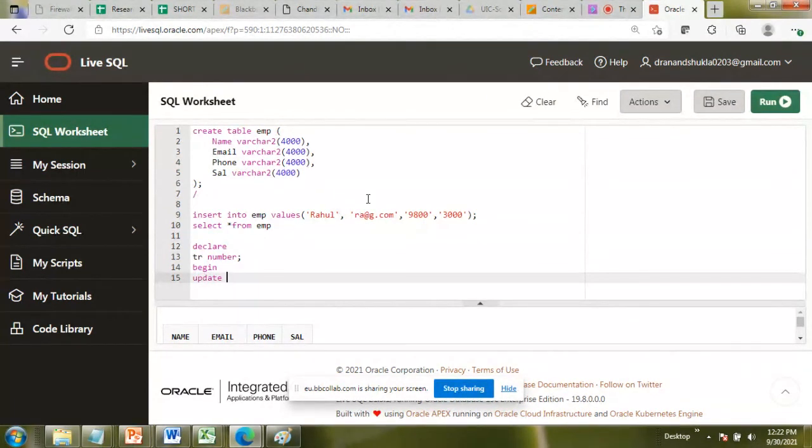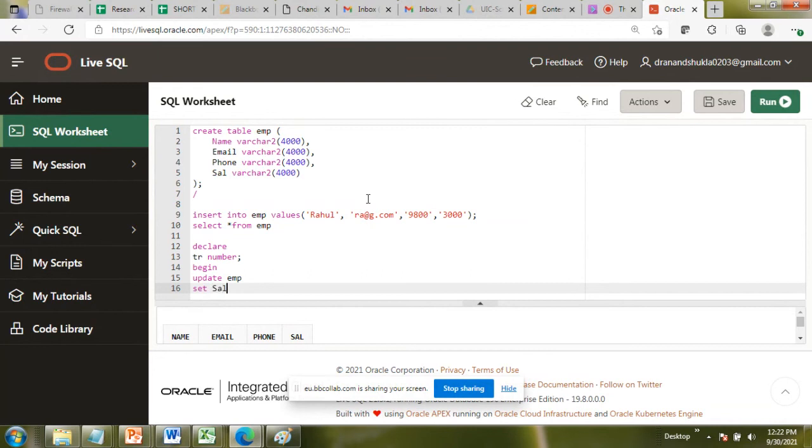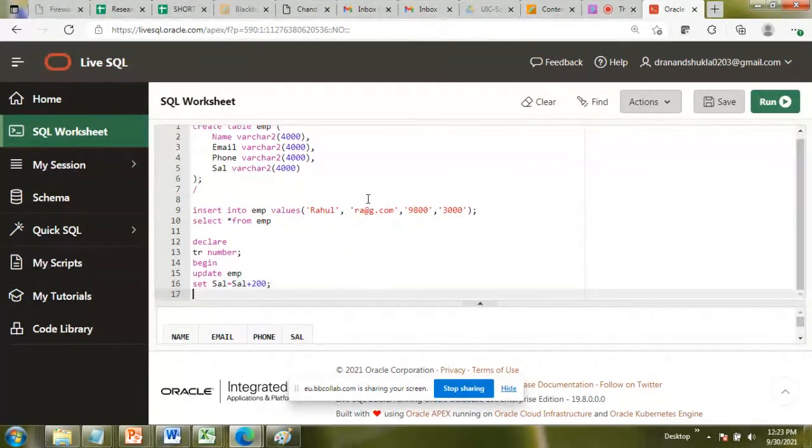What begin? I'm going to update the record. Update EMP. How am I going to update? I'm going to set salary equals to the present salary plus $200 as increment. Now I'm going to write the conditional statement. If the record is updated, then please notify, and if it is not updated, then please also notify.